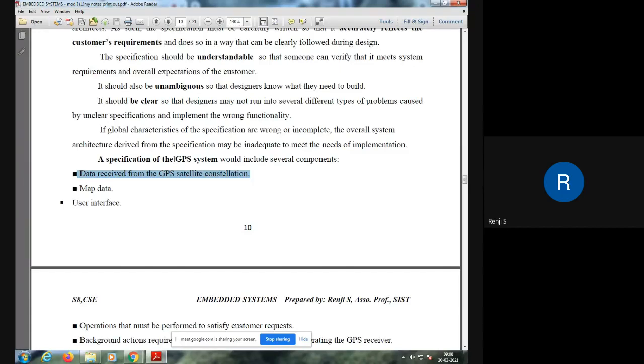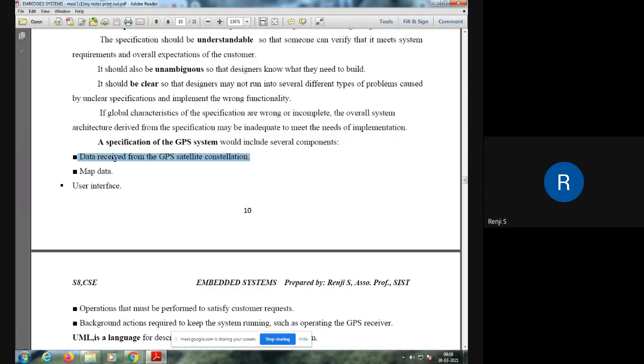So the GPS system is going to collect data from the GPS satellite constellation, and it is going to develop a map of the different places. As it gets data, it is going to plot it as a map on the display. Then there is map data, and there is a user interface to interact with the system.